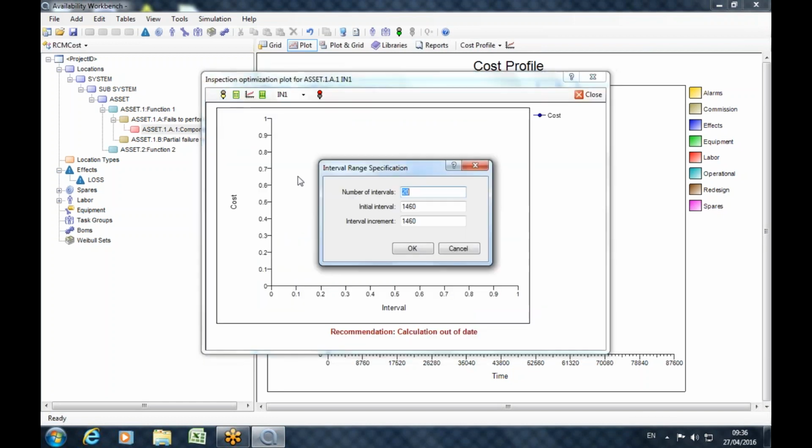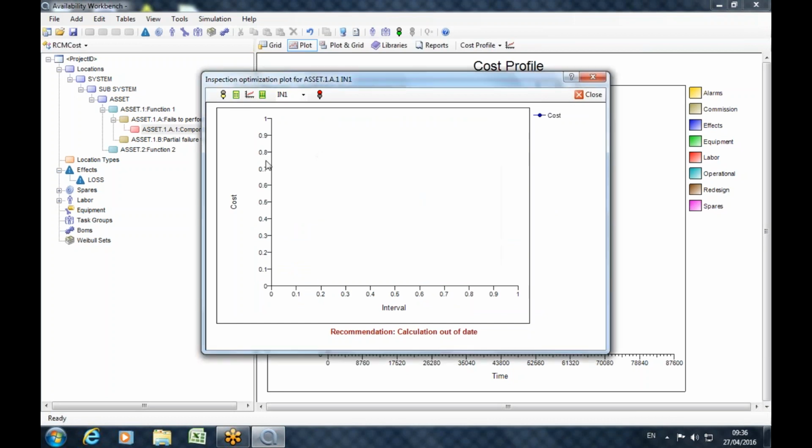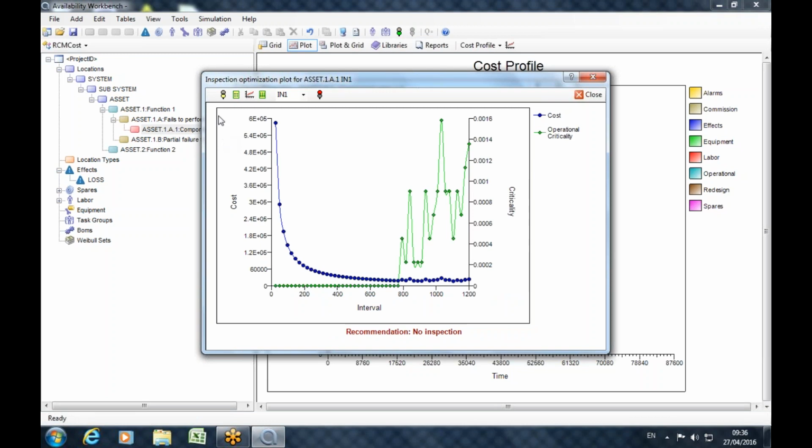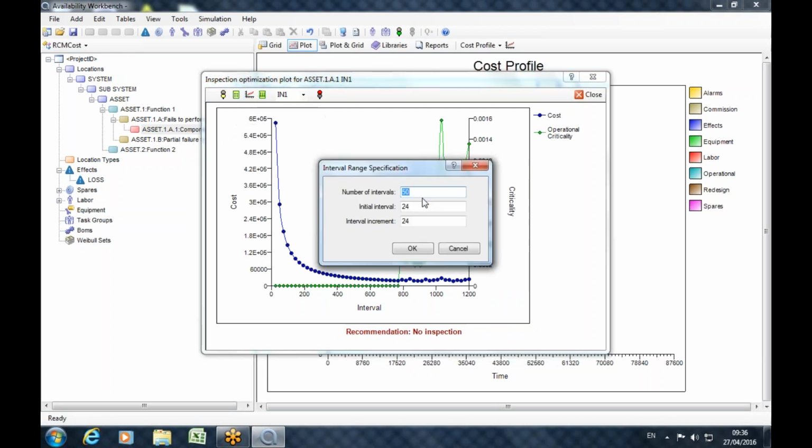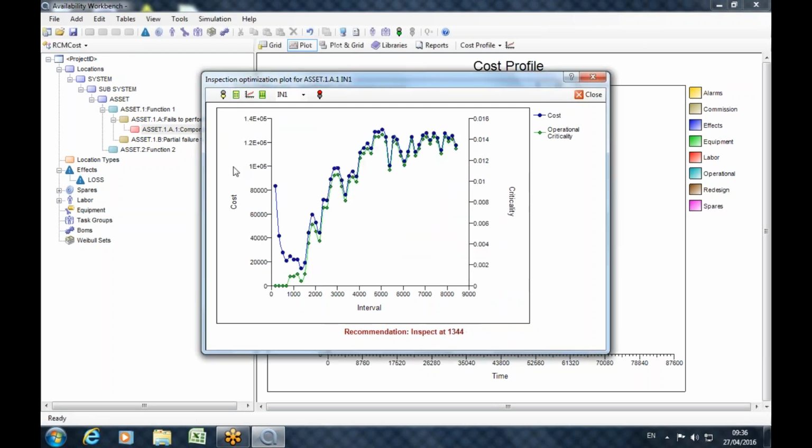We can optimize this as well. So I might try sort of 50 one-day intervals and see how that works. So maybe we need to try longer intervals than that. We'll try 1 week intervals and see if that's any better. So this is saying maybe we should do the inspection roughly every 2 months. So we accept the recommendation,